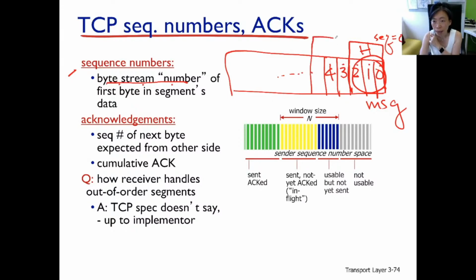For the second packet, in the header sequence number field, what should be the value? It should be the byte stream order of the first byte of the data, so 3 here. That's what the sequence number means. It tells you where the first byte of this data packet is in the original message, so we could track whether all the bytes in the original message are being transmitted successfully.